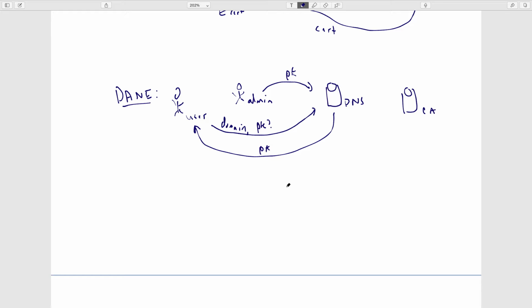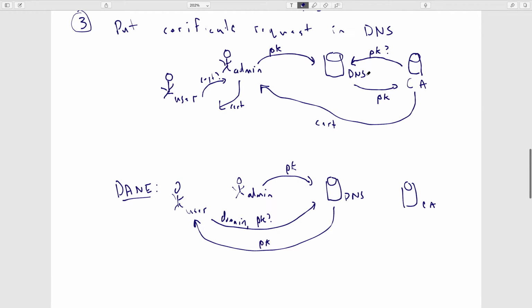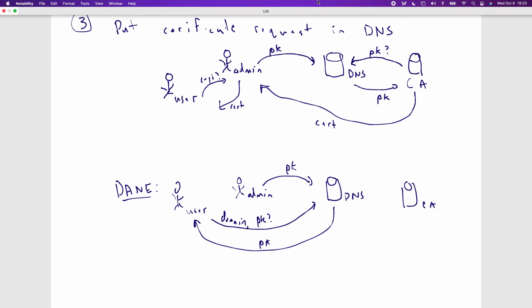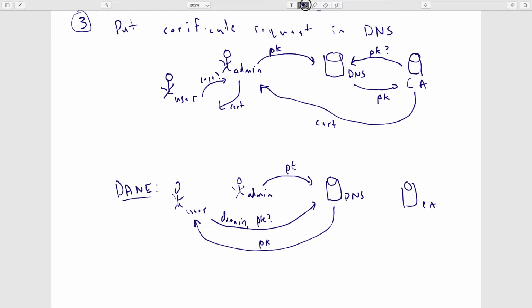Okay. So then there's the question of, well, what if somebody's in the middle between you and the DNS server? Then they could swap out the key for something else, right? Yeah. And so that applies equally in both cases. So that's one of the arguments against DANE, is in both cases, if you're an adversary and you're sitting,